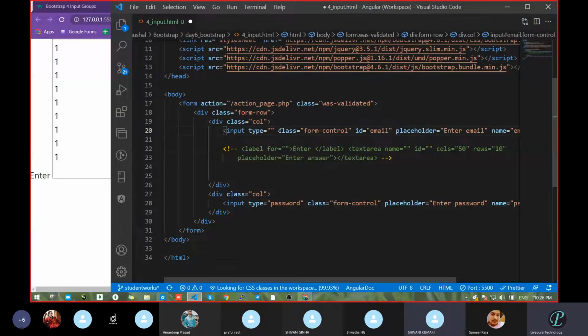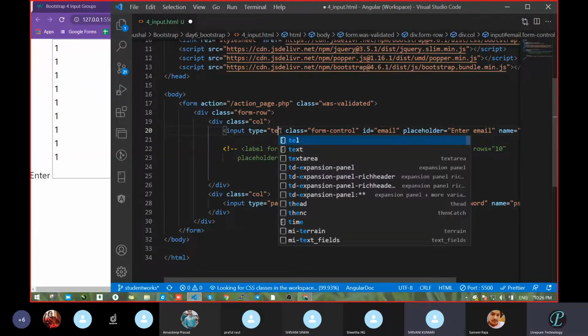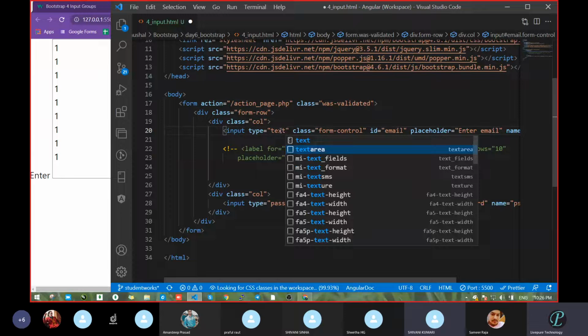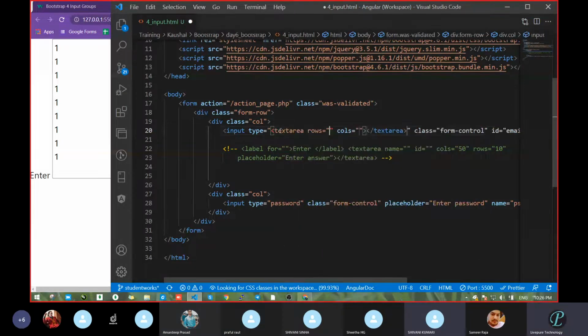Text area is like a tag directly. See, the symbol of both is something different. Have you realized the difference between these two? Yes, sir. So see, it started from the input. Got it. Experiment failed.